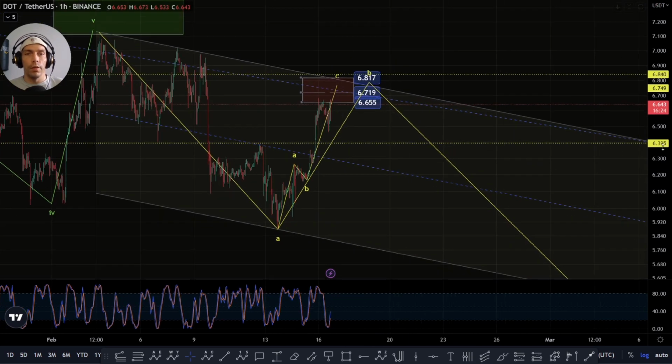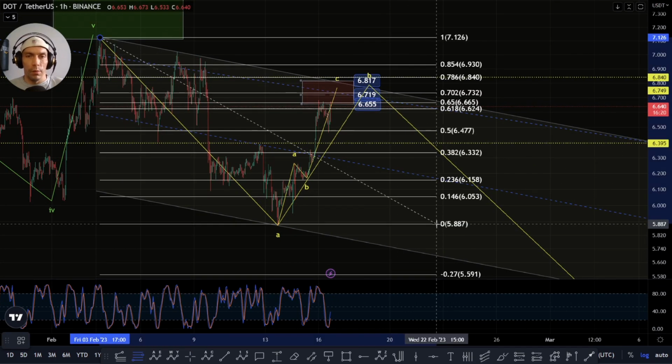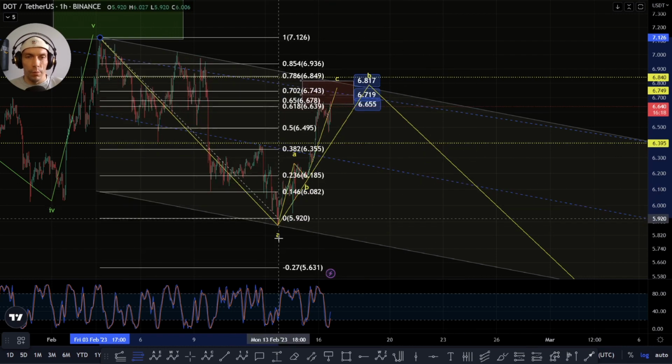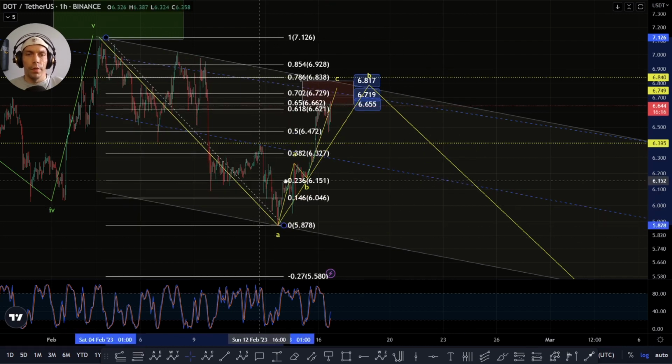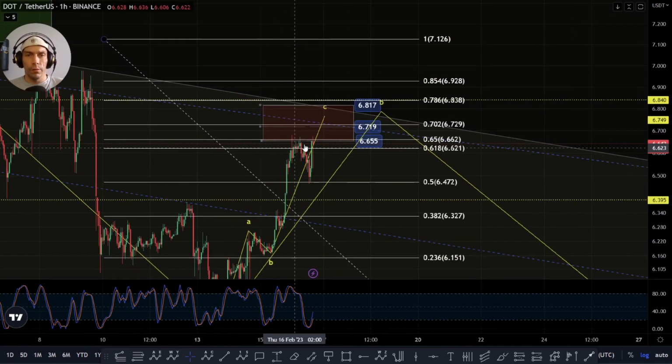So if we're looking at this as a B wave like this, basically we can also throw some of the fibs onto this. Let me get it right on this low here. Let's slide this bit. There we go. So we can see we've actually faced rejection right here with this golden pocket zone. If we do push up slightly higher here, the 702 zone would be quite an interesting area. And then finally this 786 sits here at this